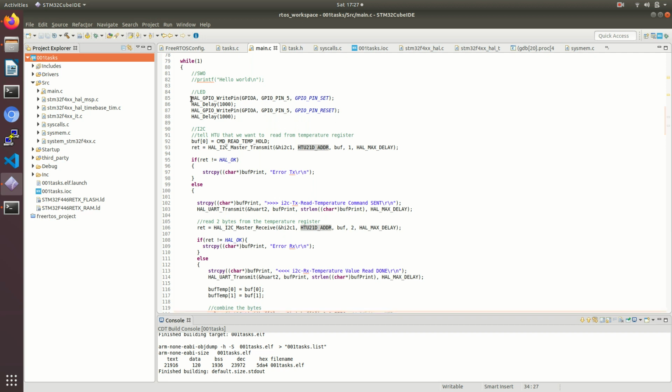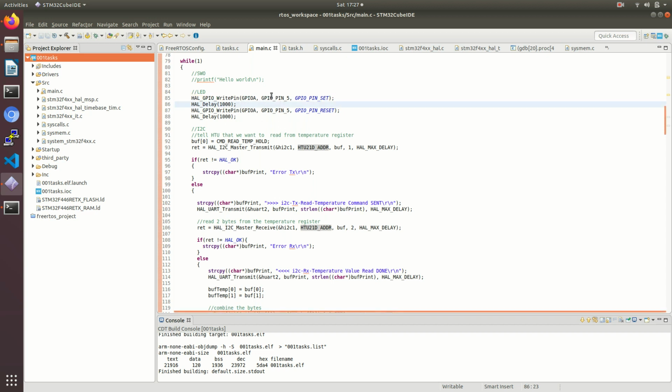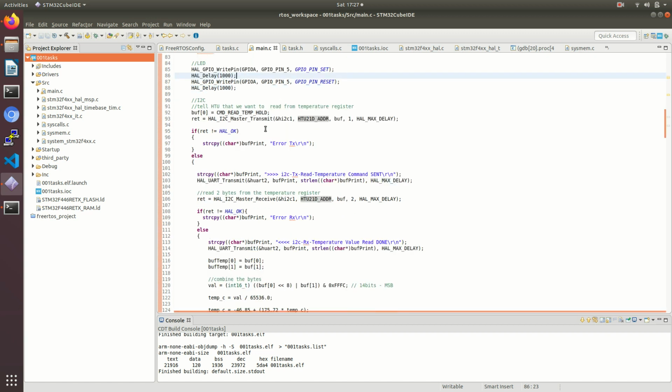I'm writing to the LED, which I have enabled in the device configuration, to see the blinking.